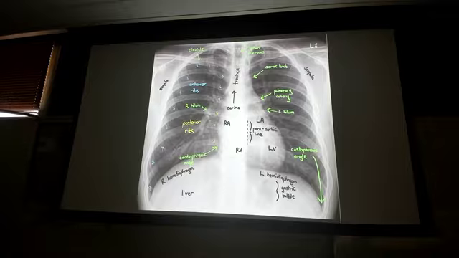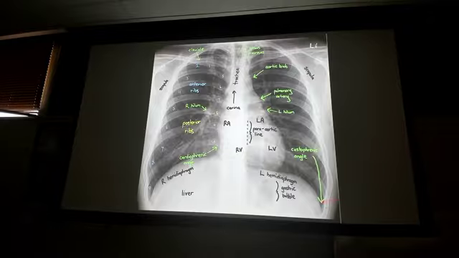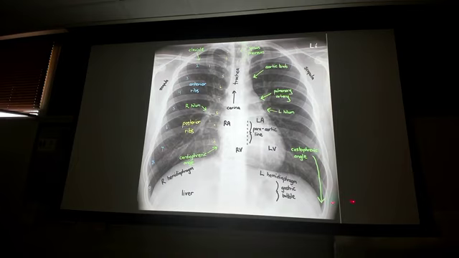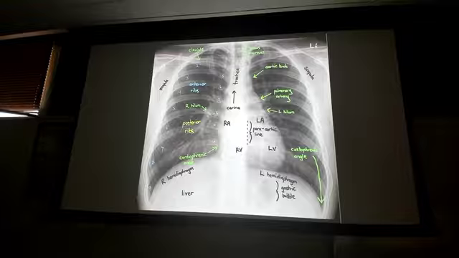really do I have these sharp costophrenic angles down here at the tips of the lungs? If your chest x-ray has clipped off the bottom of these costophrenic angles, it needs to be redone. Because you can't fully evaluate that without seeing those costophrenic angles. Okay? Alright, so